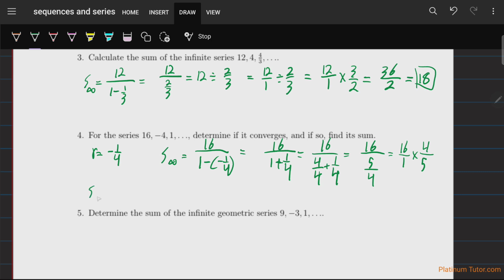Okay, and so the sum will come out to 16 times 4/5. Okay, so 16 times 4, that's, let's see,